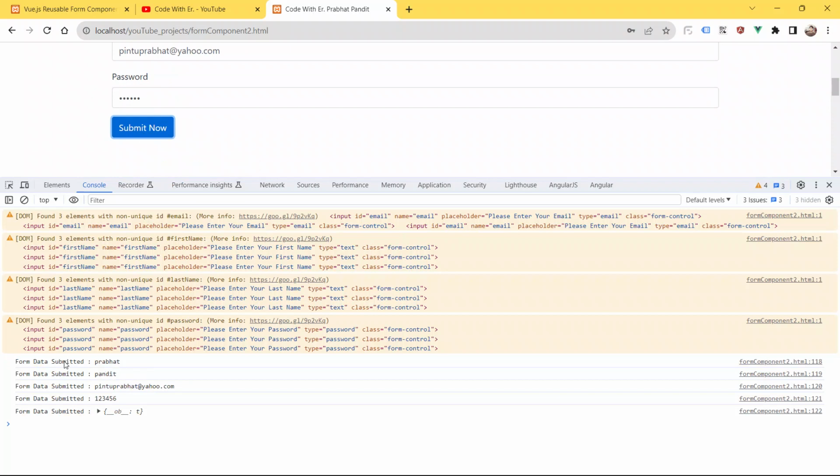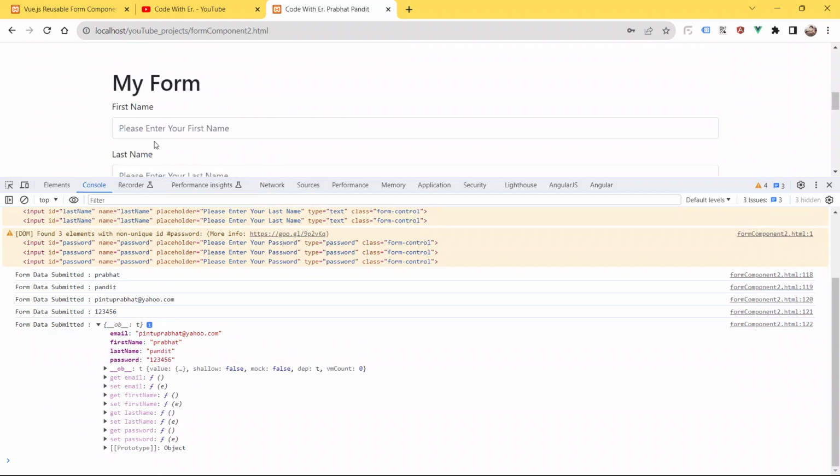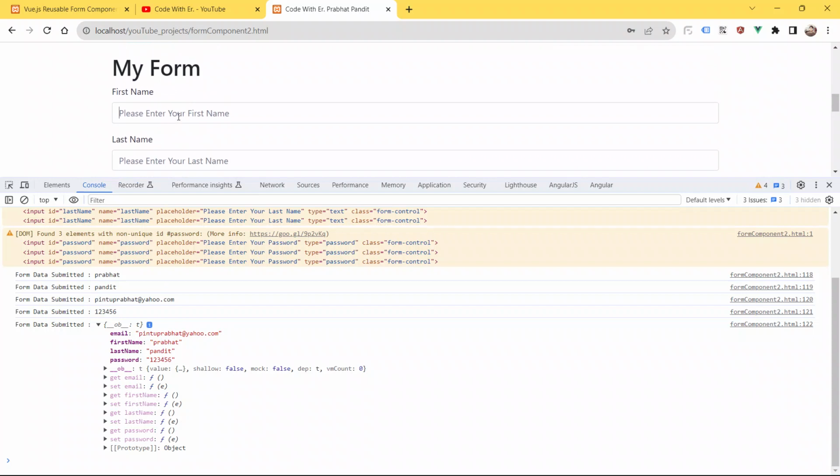Yeah, as you can see guys here, form data submitted. First name is Prabhat, last name is Pandit, email address is pintuprabhat@yahoo.com, password is 123456. Open this also. You can see here also email is this, first name is Prabhat, last name is Pandit, and password is 123456.